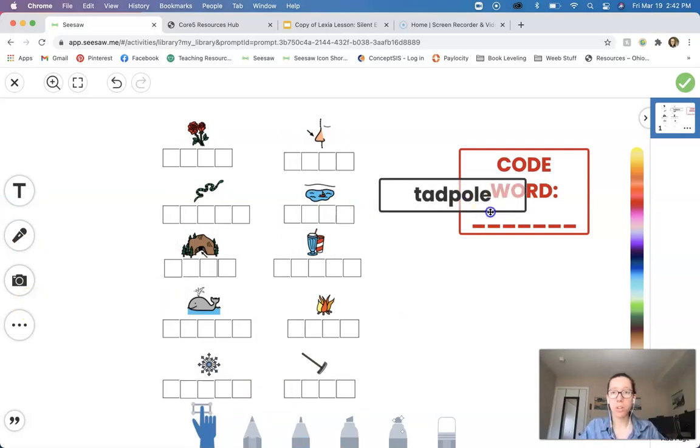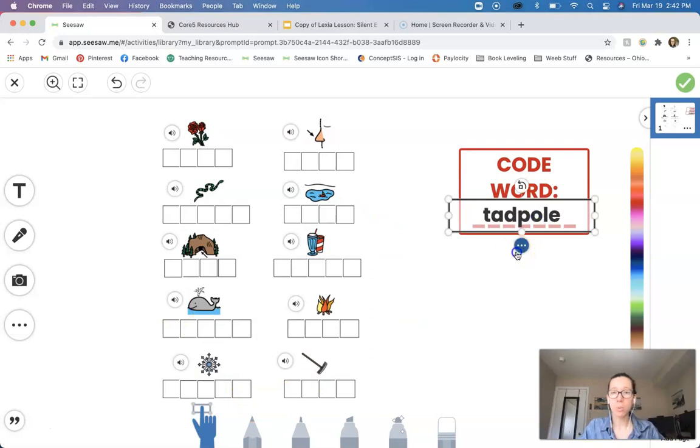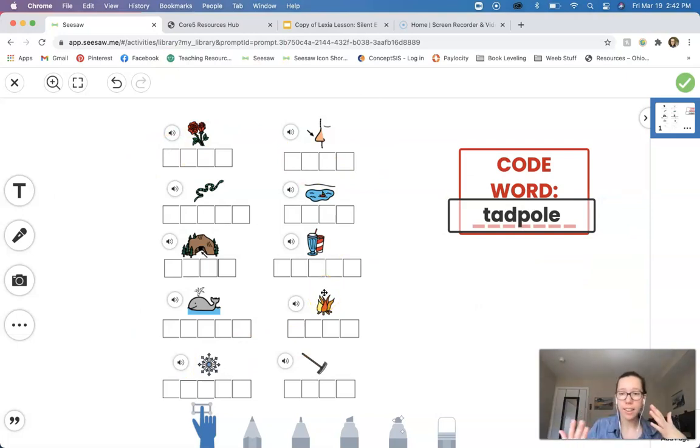You're going to type out that word or write it and then put it in the code word box. Once you've done that, you're going to come over to our pictures and our boxes here to write the silent E words. If you don't know what a picture is, there's a little speaker next to it, where if you hover over the speaker and click on it,